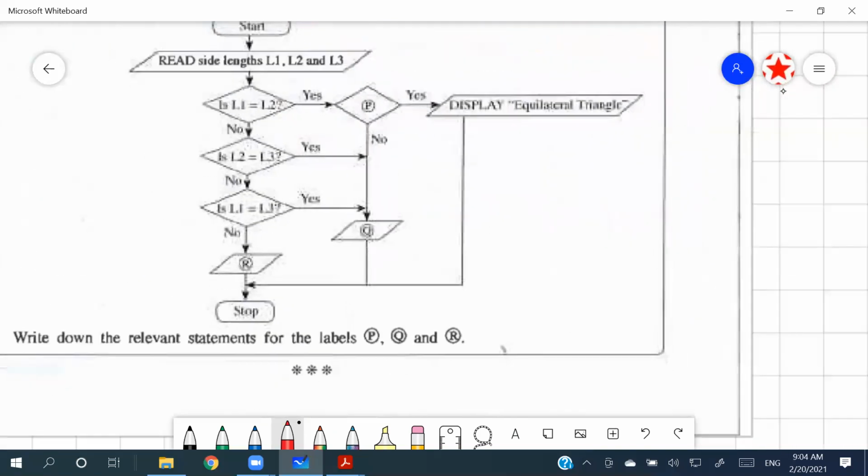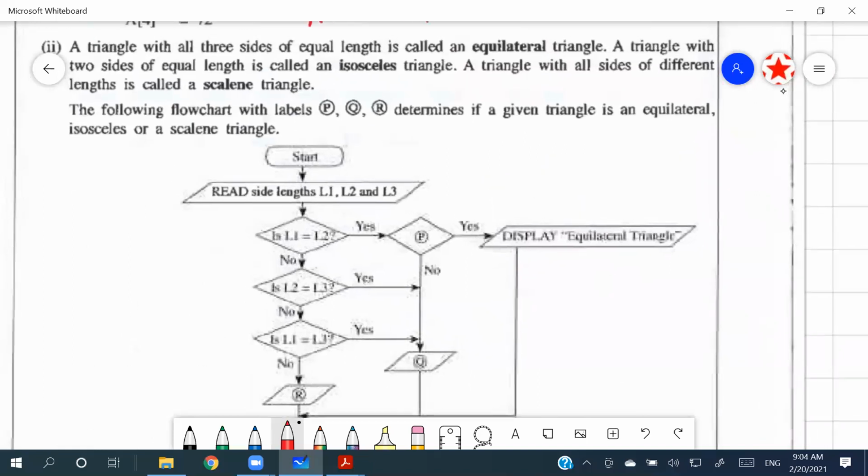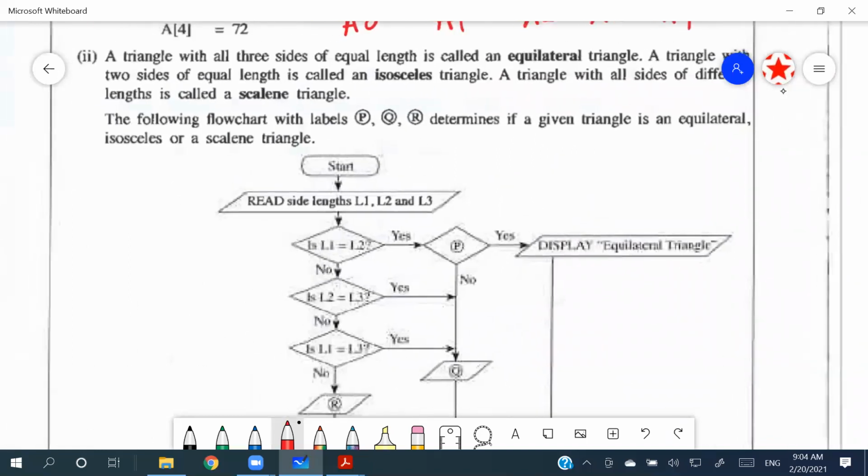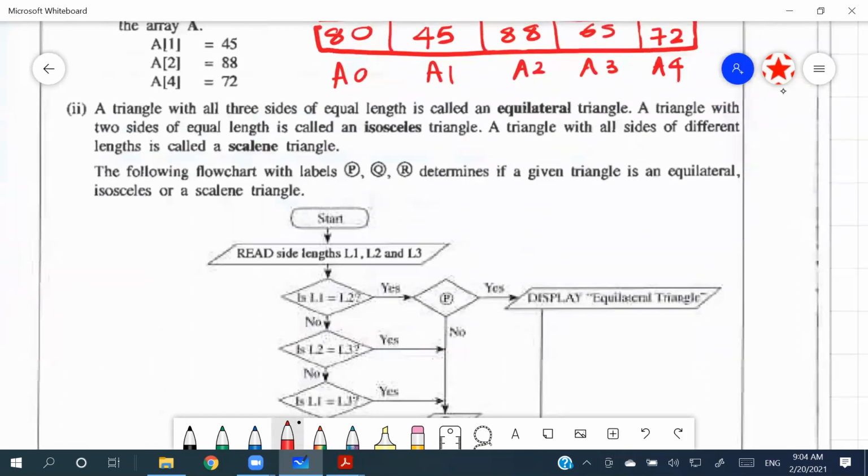Okay. So moving to this question. Yeah. So how are we going to pronounce this? Isosceles. Yeah, I'll pronounce it like that. Isosceles. So equilateral, isosceles, and